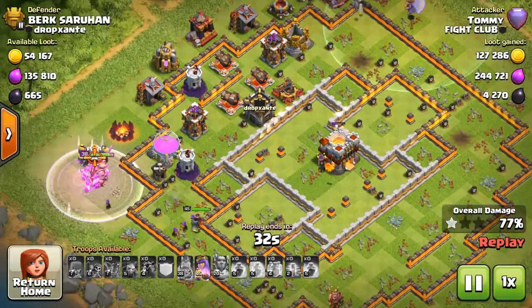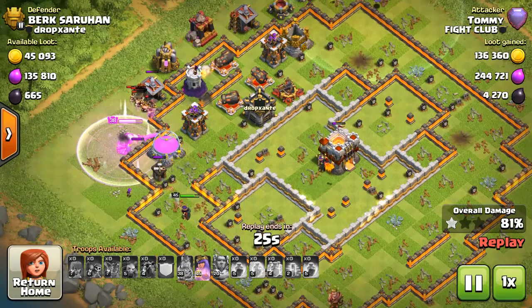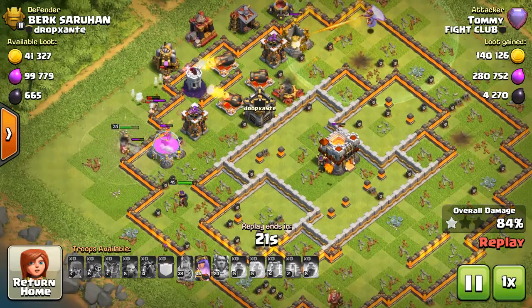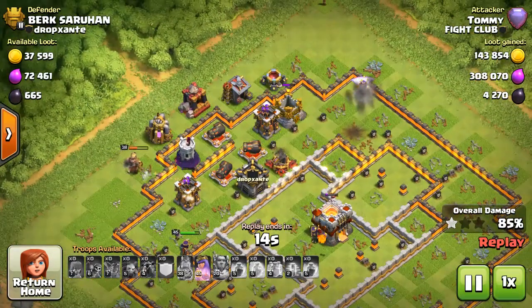I'm not really pushing for the stars. I'm not trying to push trophies. I'm just trying to stay in Legend to Titan League for the loot bonus. And it helps, if you get higher loot bonus, it helps you with upgrading your stuff faster. And I'm working on walls and a couple of defenses, so